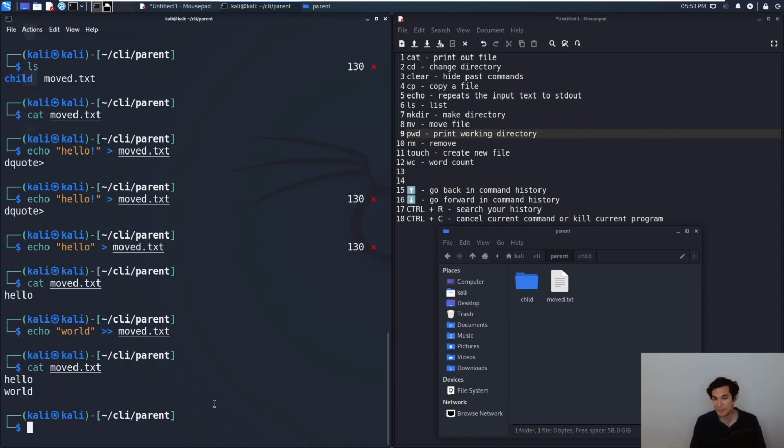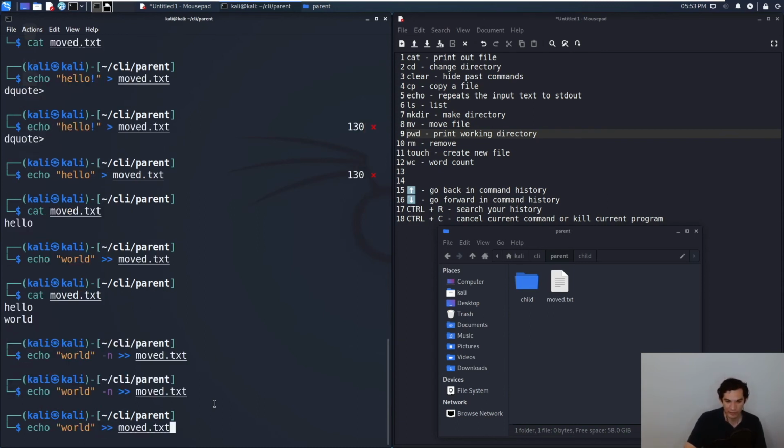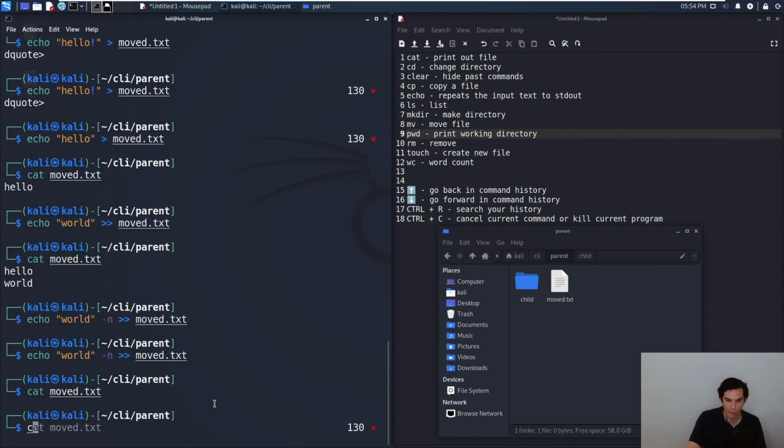Now, one thing to keep in mind is that the echo program by default will add a new line to the end of whatever you type in. So if you don't want that to happen, you actually need to provide the -n option, which says no new line. And let me just show you what that looks like. So I just added two more worlds in there. And so what you should see is a third line with two worlds next to each other. And so if I print it out,